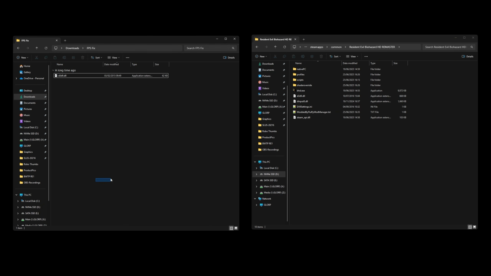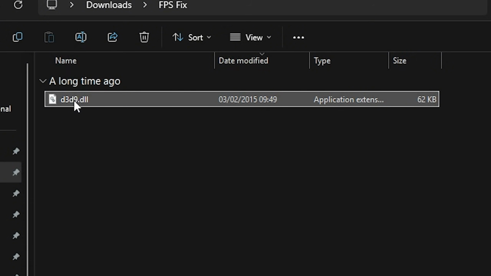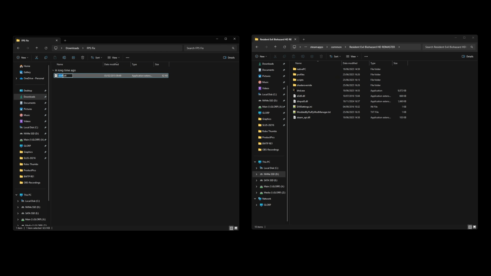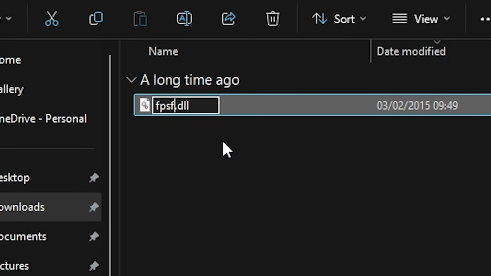FPS Fix is one that I'd get no matter what. This one actually needs to be downloaded manually by just copying the D3D9 DLL into your games directory. However, if you got the color correction shader mod from earlier, you're going to need to rename this DLL to